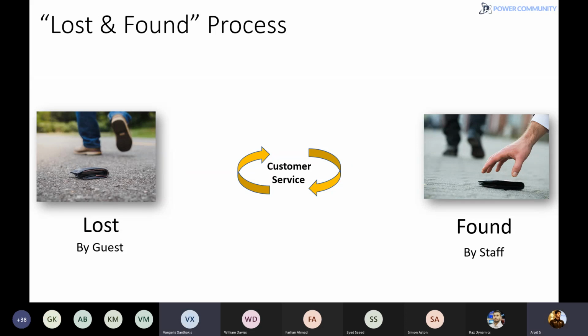It's a quite known process. Okay. Request you to please